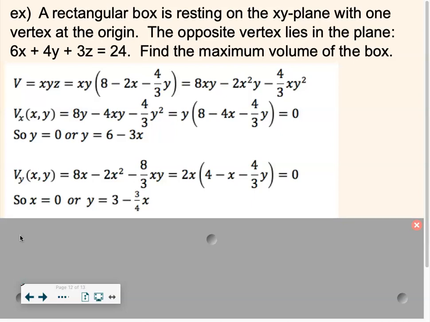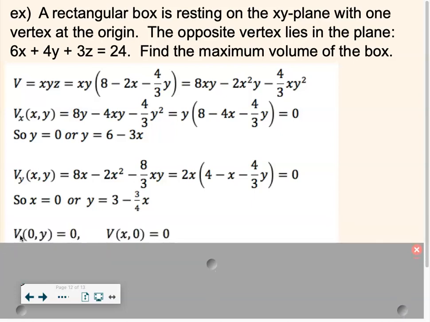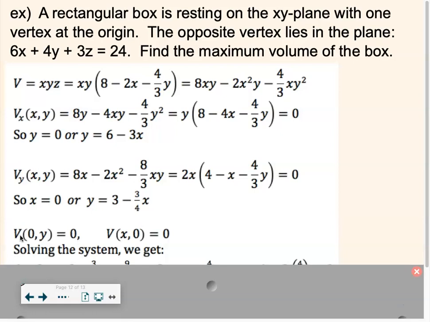Because what kind of a volume is 0, 0, 0? One vertex is at 0, 0 and the opposite vertex is also at 0, 0. And it wouldn't make any sense anyway because the opposite vertex wouldn't be on the plane that we asked for. Well, I guess it would if you had 0, 0 and then a z value of 8. Okay. So anyway,